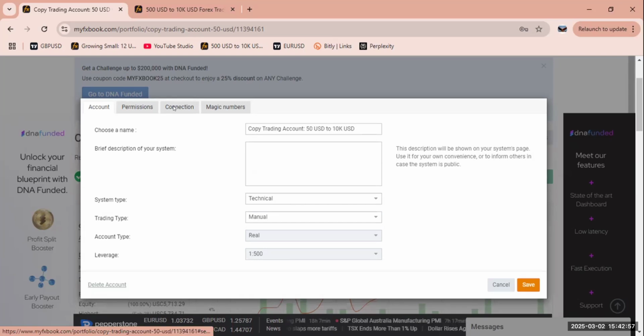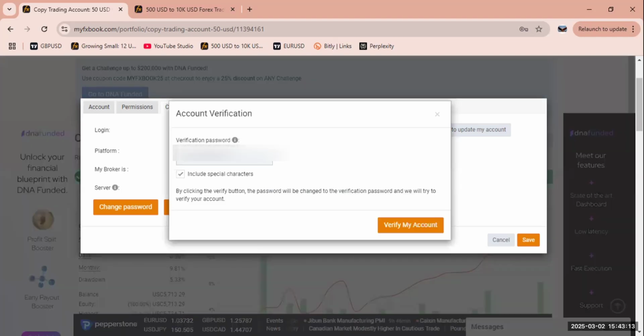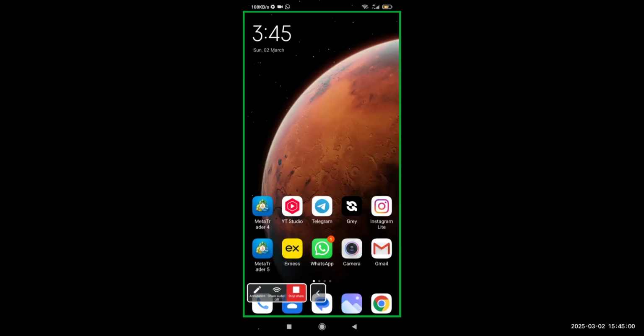Just go to connection. So you can see it here, you need to verify. You click on this verify. They will give you a new investor password. This is the investor password that they are giving me. I'm going to copy this, click and drag, then Ctrl C if you are using Windows. Now, this is what I am going to include in my MetaTrader 4. I will show you guys right now. So I am going to copy that